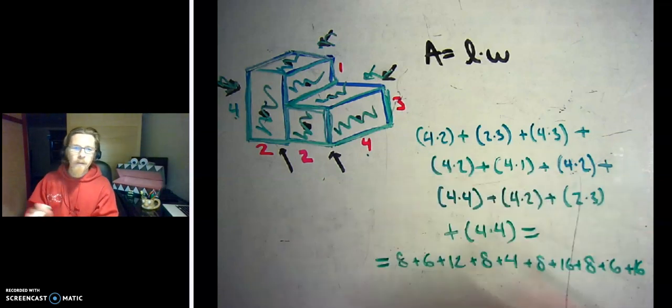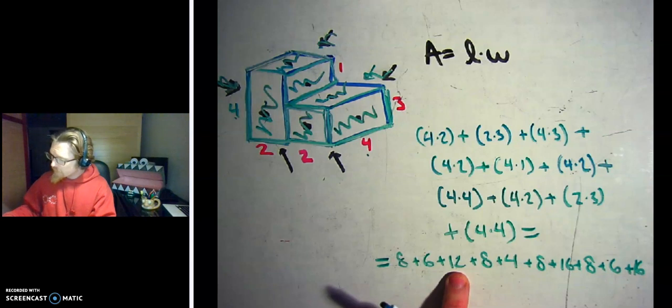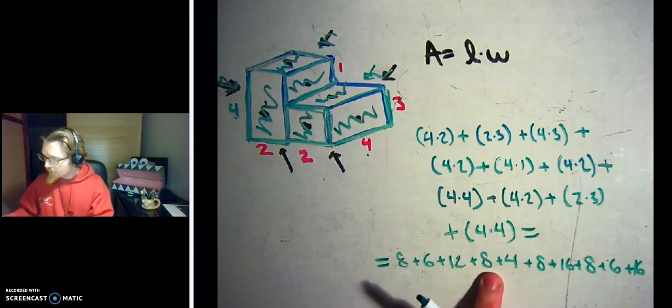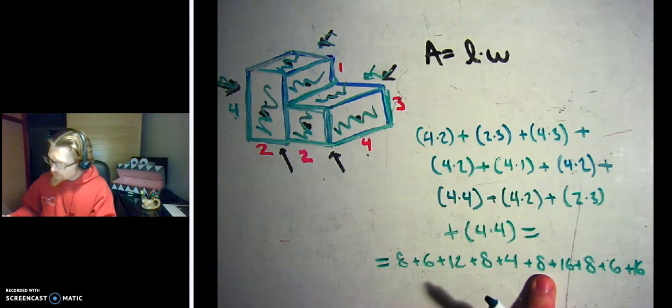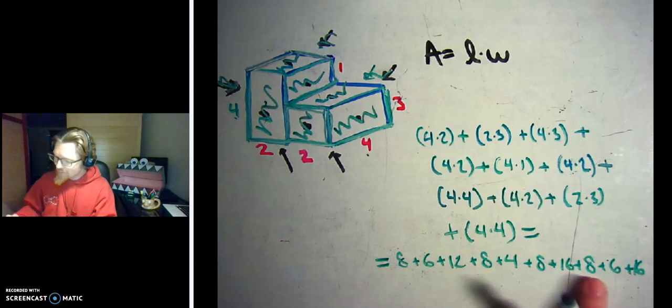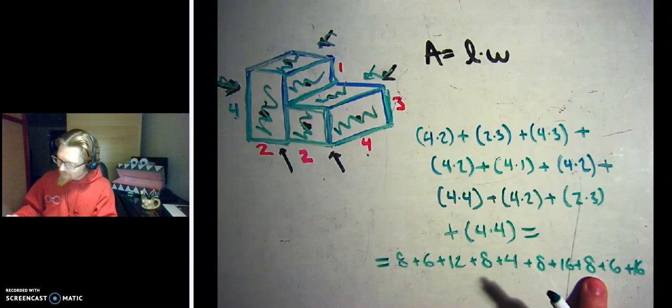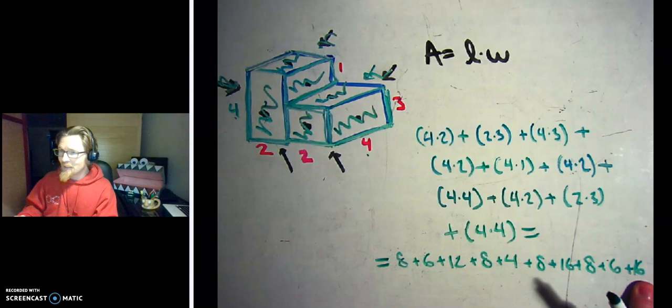So we multiplied all these values, and now we just need to add these up. 8 plus 6 is 14. 14 plus 12 is 26. 26 plus 8 is 34. 34 plus 4 is 38. 38 plus 8 is 46. 46 plus 16 is 62. 62 plus 8 is 70. Plus 6 is 76. Plus 16 is